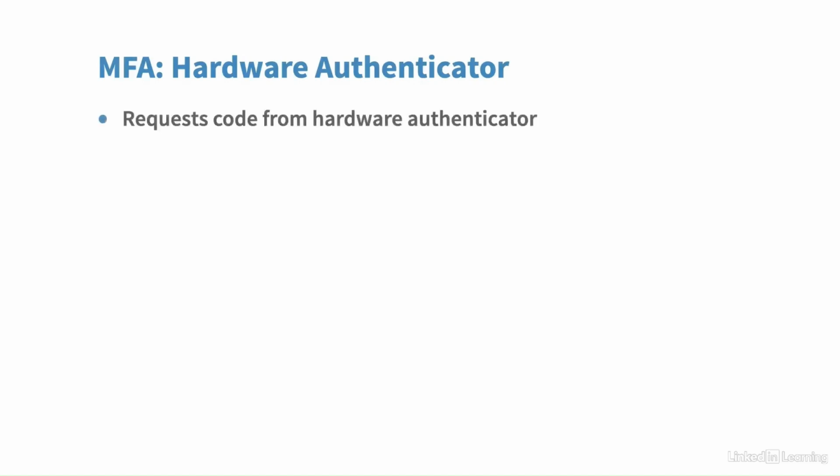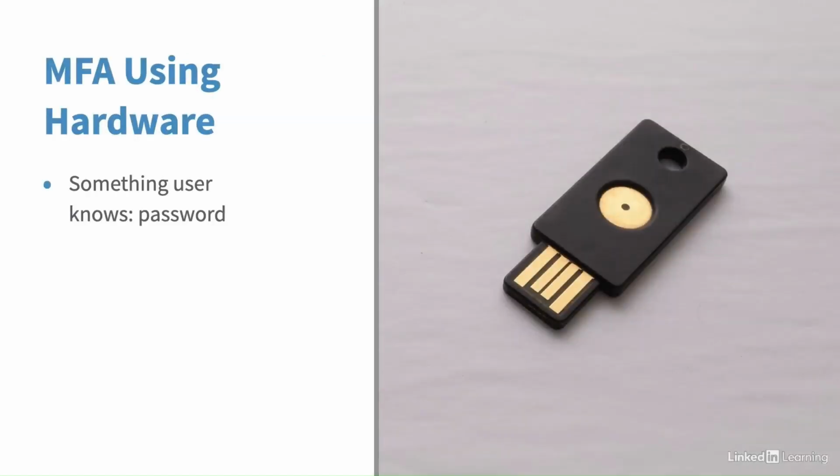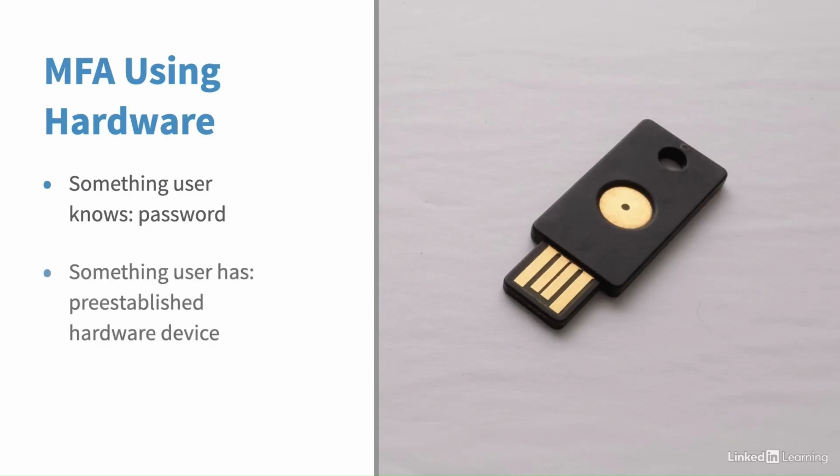That hardware device is often a special-purpose security key that's connected to a computer or phone via USB or NFC. With each authentication, the website would send a request to that device, and the device would transmit a unique code as a response. A successful response from the hardware device indicates that the device you set up initially is currently in your possession. So you have both